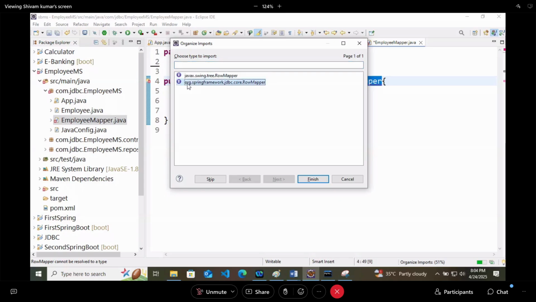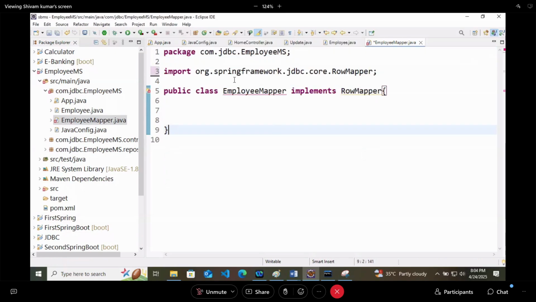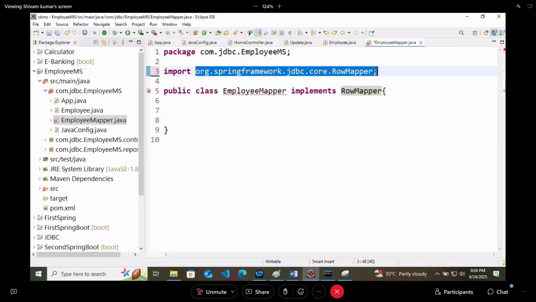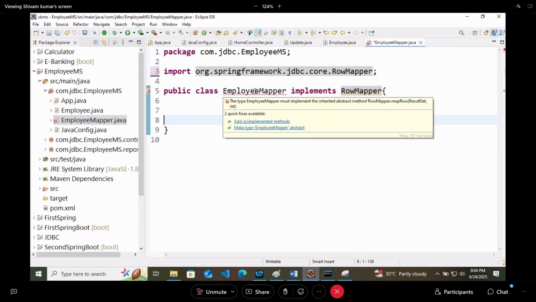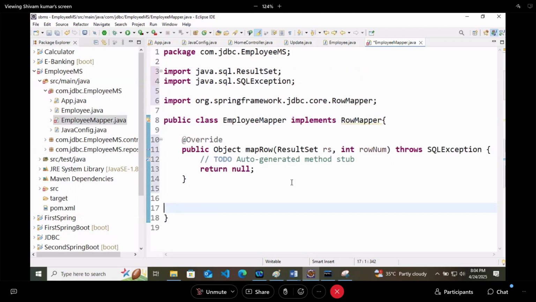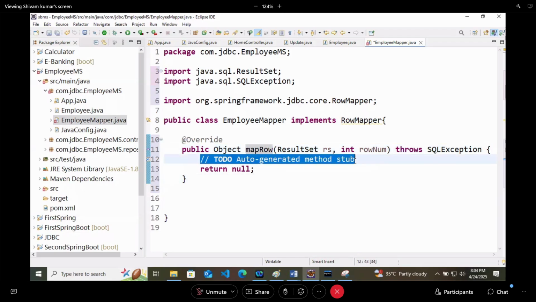You need org.springframework.jdbc.core.RowMapper. You have to import this Spring package. Now again, you need to implement its method. Now mapRow, this is our method. Very good.